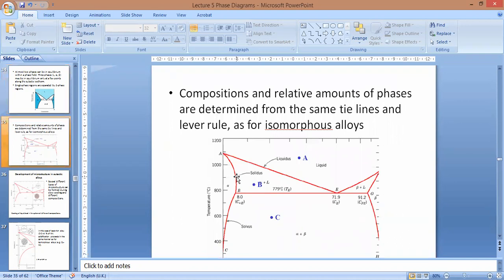So compositions and relative amounts of phases are determined from the same tie lines and lever rule as for isomorphous alloys. Remember how we found the lever rule and so forth. The same thing applies here. The tie line will be drawn like that. So if you want to find the composition for point B, you draw your tie line there, and then you drop